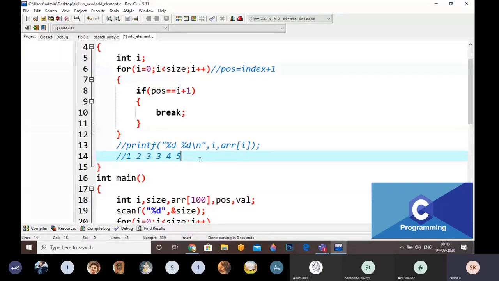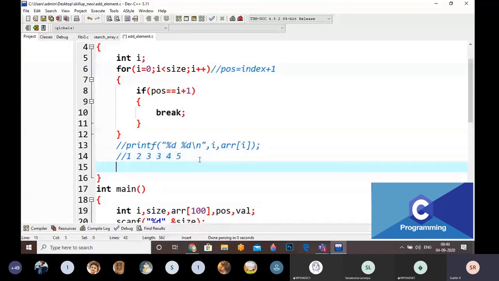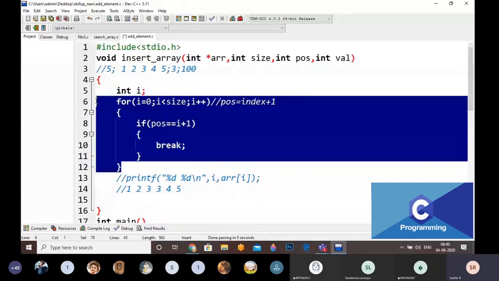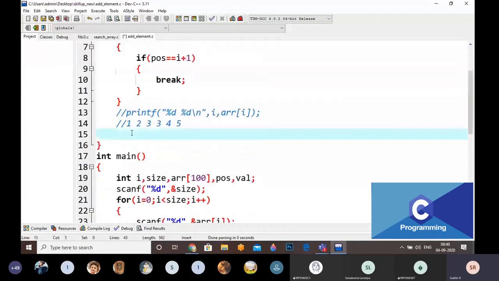For that I am going to start at I is equal to, sorry, I am going to maintain the size. There is no need to write this value, right? There is no need to write this one, I think. Just wait. That means we already know the position, right? I directly, okay, leave that one. I am going to write, for example, I is equal to size minus 1. That means I am going to start at last position, and I am going to stop at this position, I minus minus.